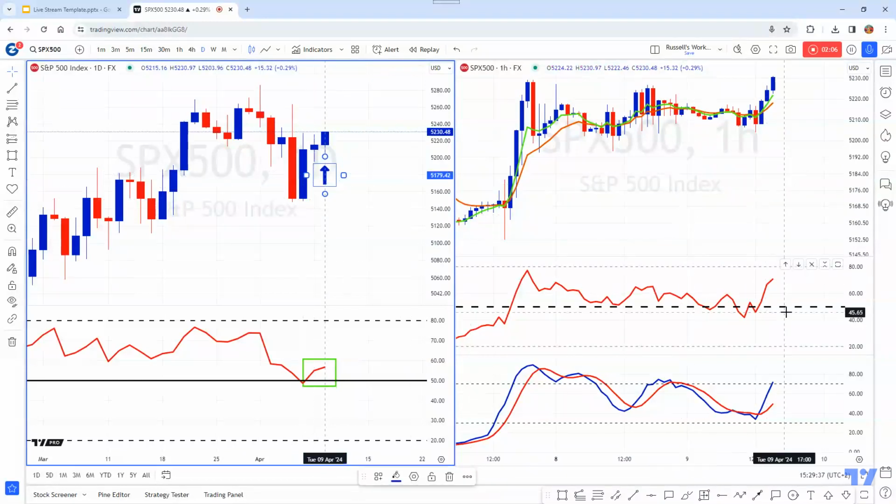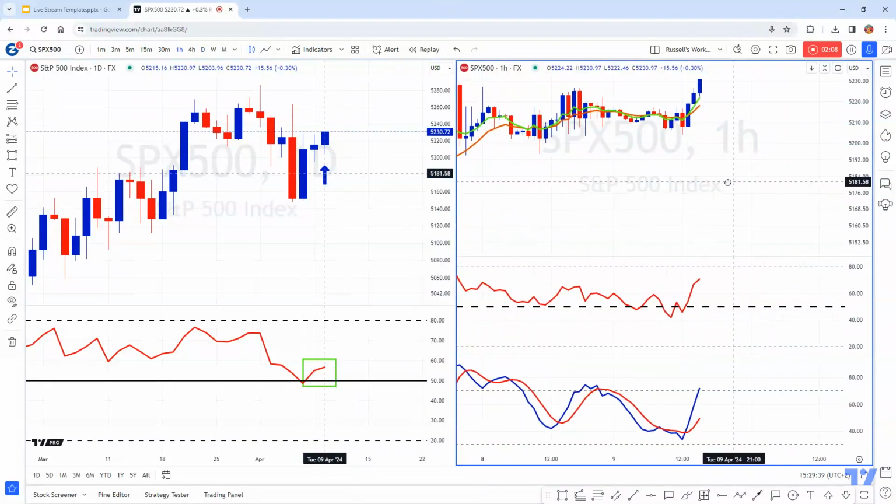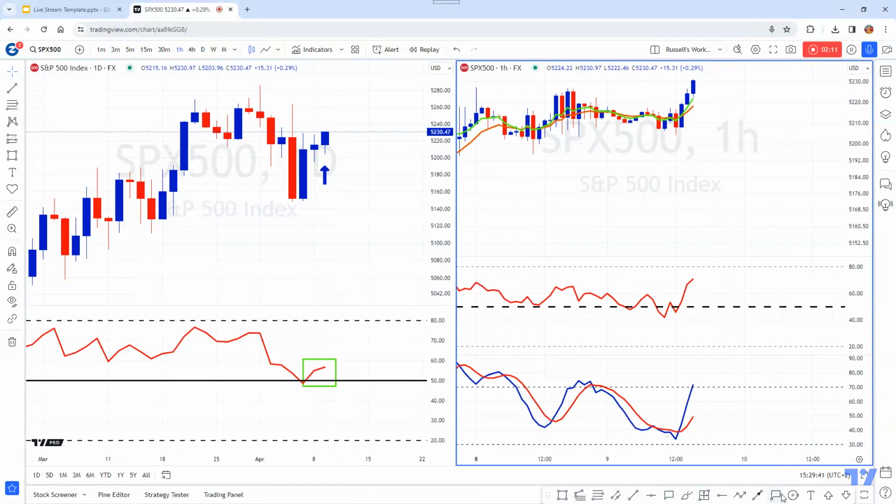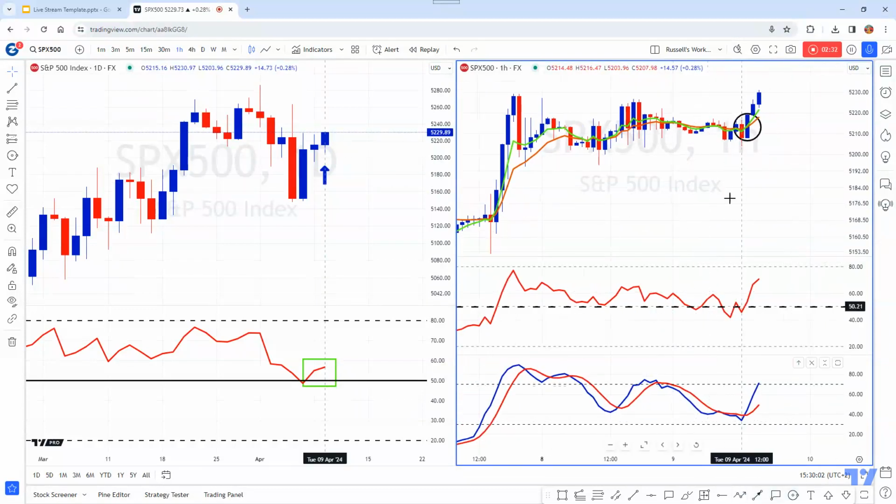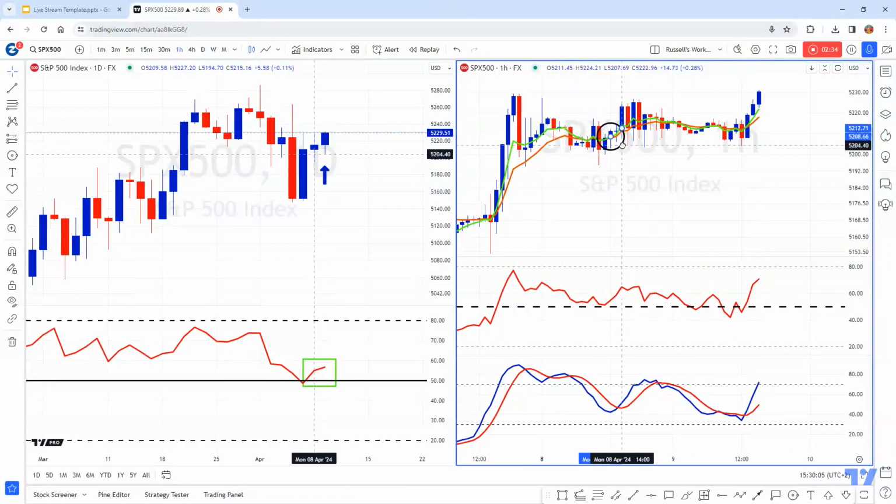If we take a look at the hourly chart, you can see that we've got a bullish crossover in terms of our EMAs. The green 5-hour exponential moving average is above the orange 10-hour exponential moving average. If those develop angle and separation, we'll have momentum to the upside. Yesterday, we were looking at the positive crossover around about here, but